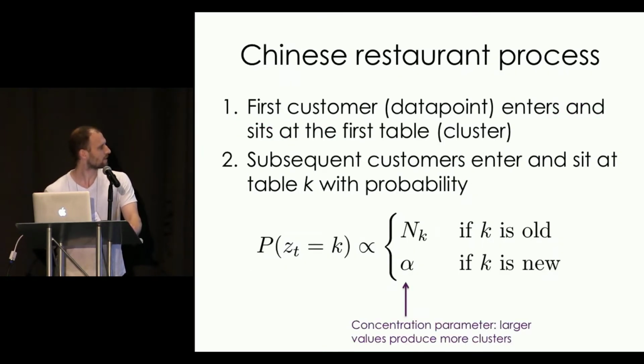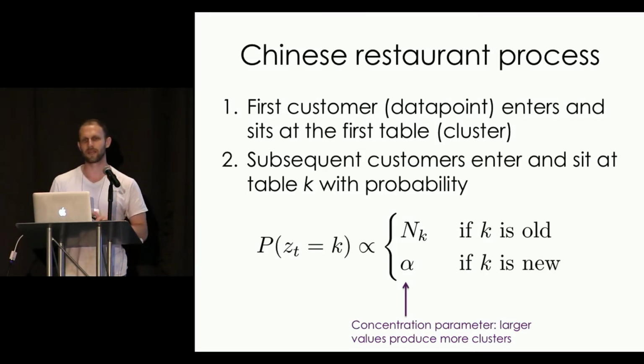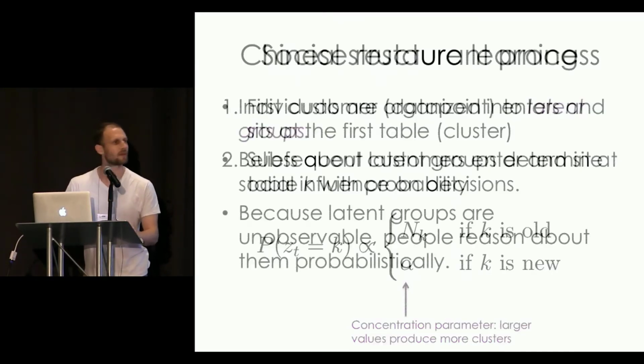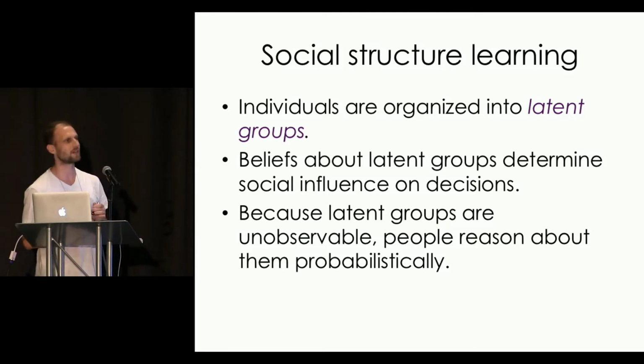Okay, so this is the end of the technical introduction to the Chinese restaurant process. Now I want to show you how this can actually be applied to data and to cognition. We're going to see a few different examples here and also in Anne's talk. I'm going to focus on an example in high-level cognition, which I'm going to refer to